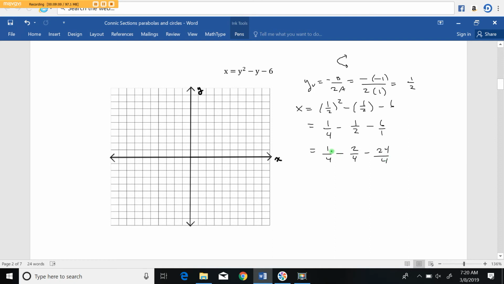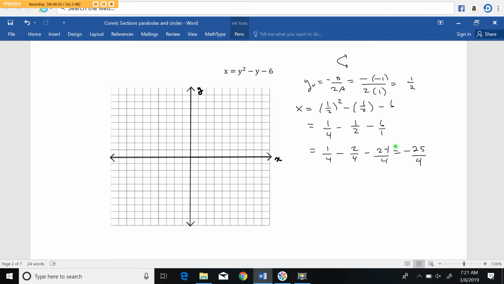So what do we got here? -1 minus 25/4. Let me just double check and make sure this is good before I move on here. So 1/4, 1/2, 1/6, 1 over 4, 2 over 4, 24 over 4. Okay, and